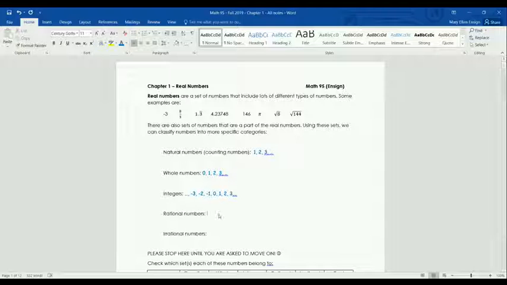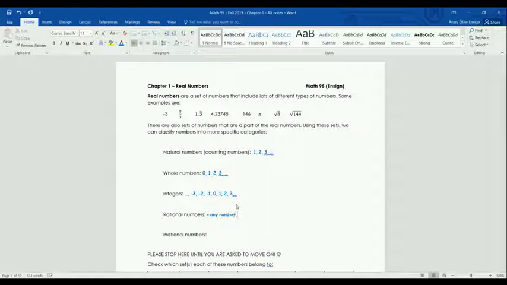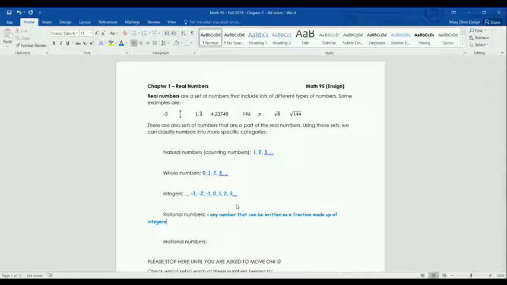Rational numbers now, this is going to include some decimals and fractions that are in between those integers, okay? So this is going to be a couple things. This could be any number that can be written as a fraction made up of integers. And so I can't have a fraction like -2.3 over 6, right? That's not made up of integers. But if it's a number that you can make into a fraction made up of integers, then it's a rational number. It can also be